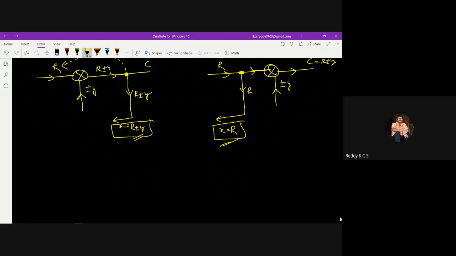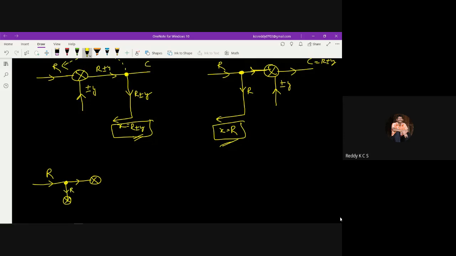When I'm trying to add, that addition of signals can be done only through an operator called a comparator, called a summing point. So I have to introduce one summing point in line with this takeoff point. This is the takeoff point after shifting. So here is the R value and this is the summing point which I'm going to add.